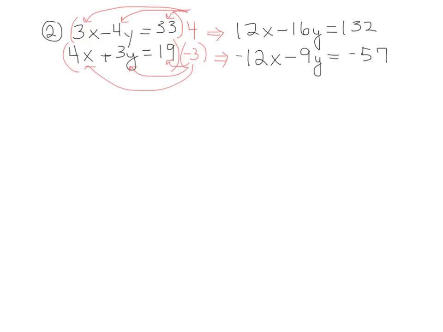So, I have the x's being opposites. It doesn't matter x's or y's, but I chose x's this time. So now you add. All right, what is 12x minus 12x? That's eliminated. This is called the elimination method. So always one of the variables gets eliminated, and it's the one you made opposites. All right, negative 16 minus 9, I believe that would be negative 25y